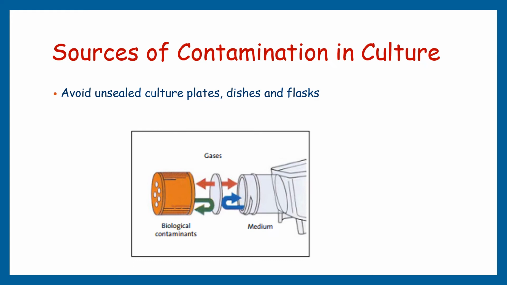It is very easy for the space between the top and bottom side walls of a dish or a flask and its cap to become wet by capillary action with medium or condensation. This thin film of liquid then provides a liquid bridge or highway for microorganisms to either swim or grow into